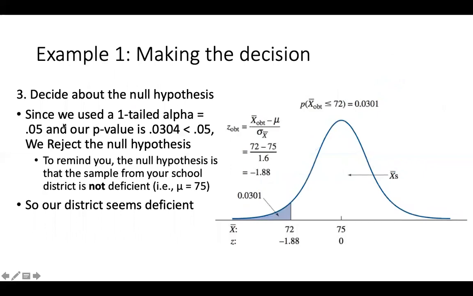Once we get that p-value, since we're doing a one-tailed test, we don't have to multiply by 2. We simply compare our one-tailed p-value with alpha of 0.05. We notice that it's less than alpha, so we can reject the null hypothesis. And again, what was the null hypothesis? It was phrased a bit weirdly, and we didn't state it explicitly, but I stated it in the title of the slide: the null hypothesis was that mu is equal to 75,